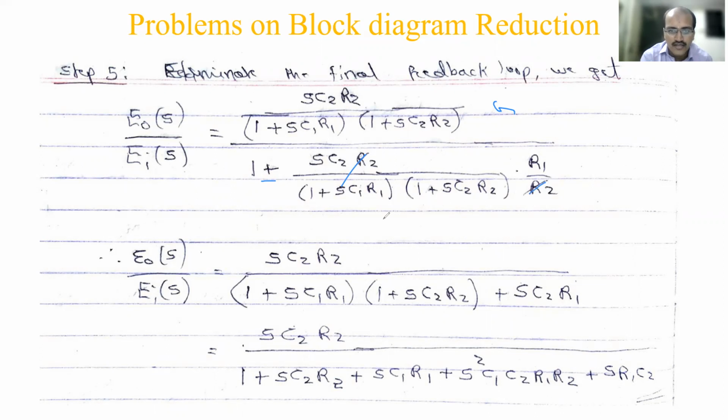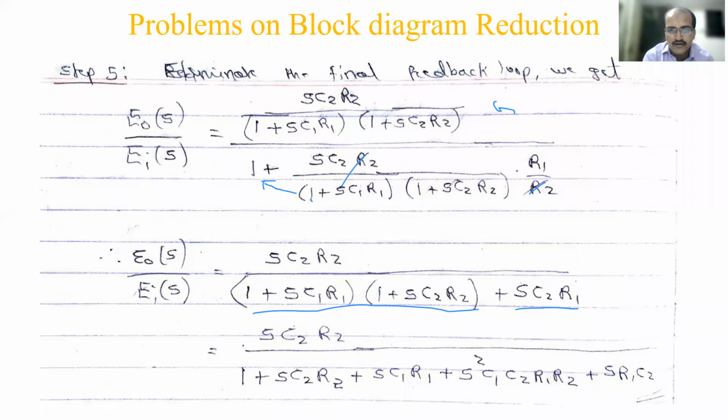And for the remainder you have to take the LCM. So this complete denominator will multiply with this. Even you can simplify later. First I am writing 1 plus SC1 R1, 1 plus SC2 R2. And what is remaining here? Careful. R2 is cancelled out, but R1 is not. In a hurry, what will you do? You will write SC2 R2 and not R1, right? Don't do that. R2 will be cancelled, so SC2 R1. The terms are very, very important. So that will come over here.